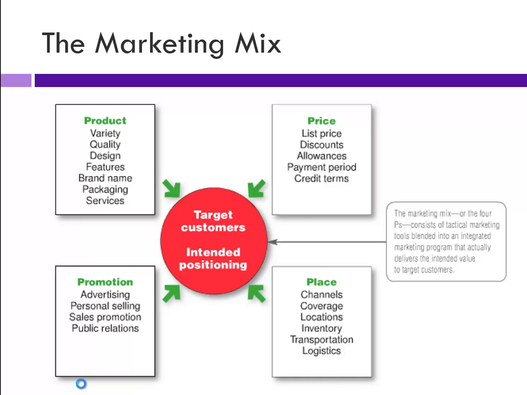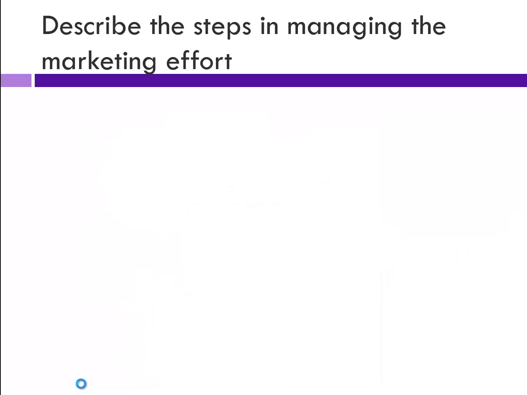Then the last step here is managing the marketing effort. So once I've decided the strategy, this is what I want to accomplish, how am I going to get it done? So the first step is an analysis. A SWOT analysis is, again, you may have seen this in another class, but looking at your strengths and weaknesses, your opportunities and your threats in the market. You can use this for a SWOT analysis for a lot of different things. You can do one for yourself as you're writing a resume, for example. So that is going to identify weaknesses that we need to address, identify strengths that we want to emphasize, and also look at some opportunities and help us decide where we're going to focus our resources.